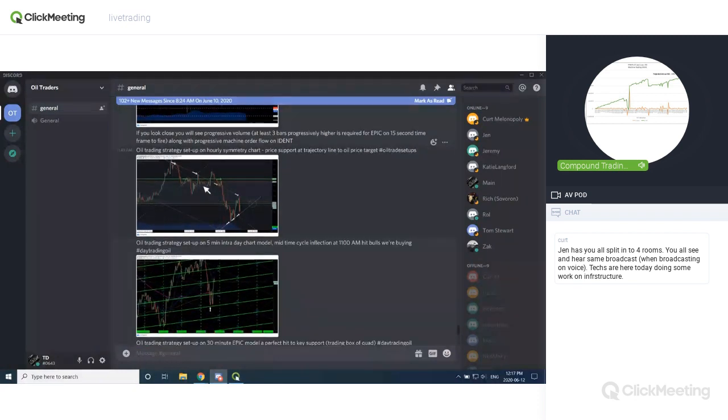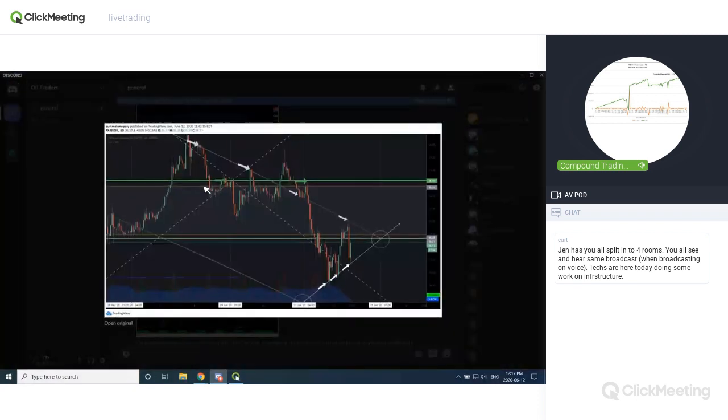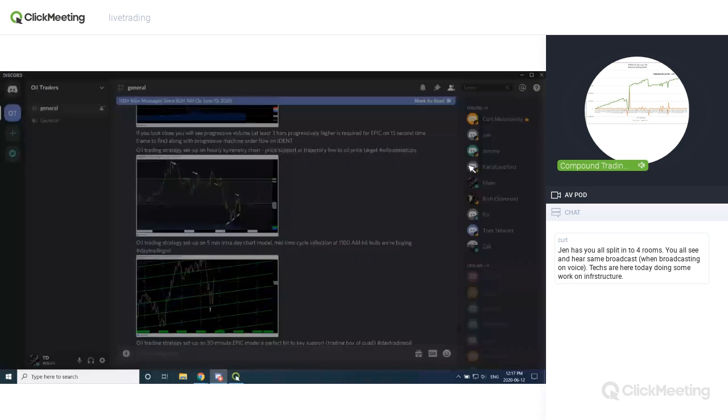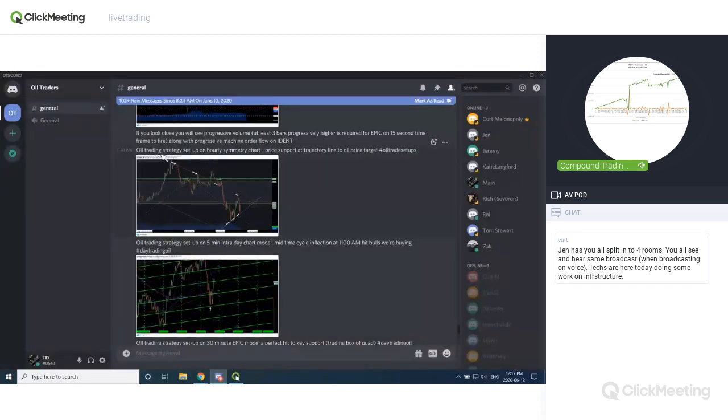The other part of the oil trading strategy set up is on the hourly symmetrical chart. So this is actually a symmetrical telemetry chart. It's a complicated algorithmic model to develop, but it's something that we use to give us our price targets way out. And this happened to be